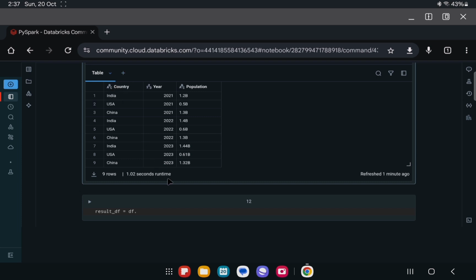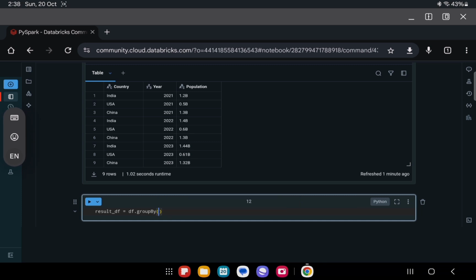So grouping means it will take the individual values from the country column. The values we're going to have are India, USA, and China. Those are the only three countries that we have present within our table. So if I group by country, then what we are left with is unique countries. Basically, a single record for each country, and I'll be pivoting based on year. So my unique year values will be the new columns for me in the new data frame, and